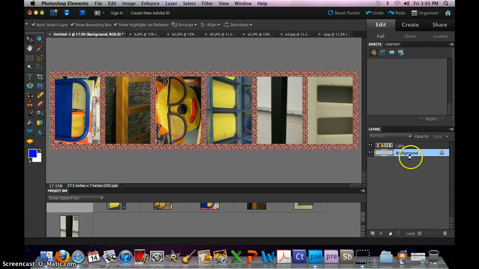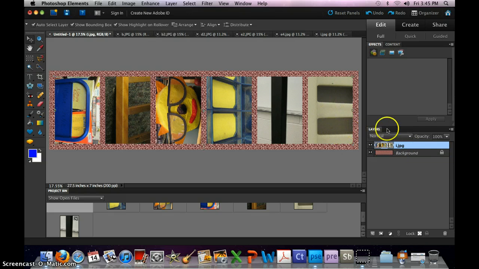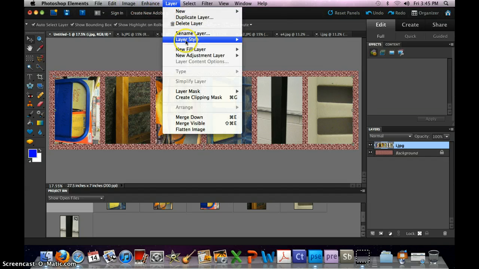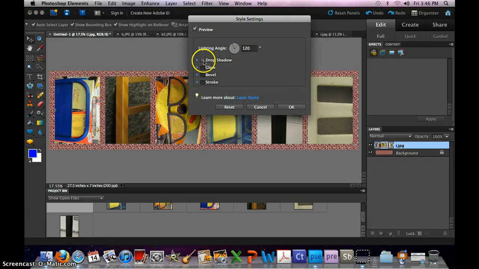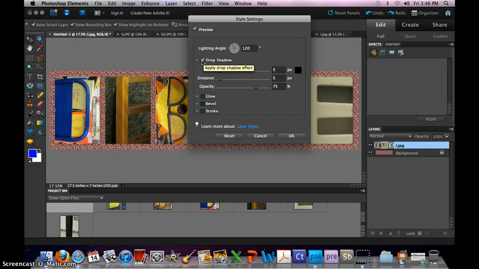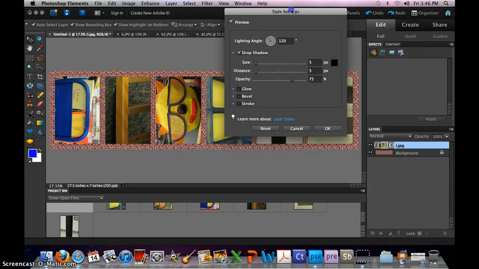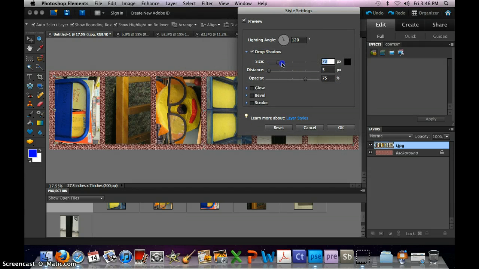I say okay. So you're going to go back to this particular layer. We're going to go back to where we were before because I want to work with the bevel and the shadow. So you're going to go to Layer, Layer Style, Style Settings. Then you're going to notice, and you want to click on Select Drop Shadow, and then you start dragging these things around, and you could see that